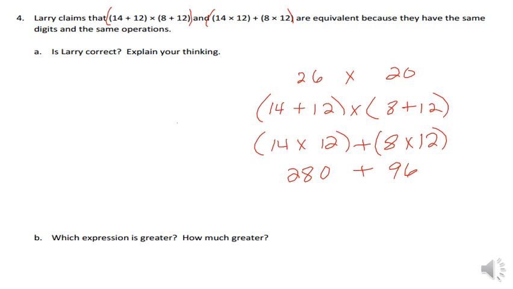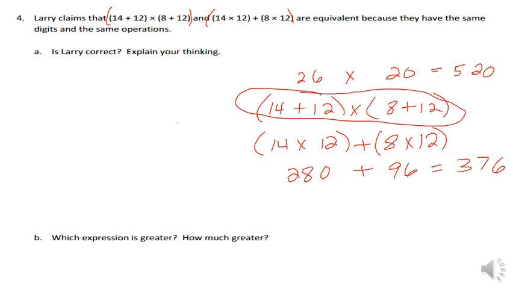So adding them together before we multiplied them gave us larger factors. So 26 times 20, 26 times 10 is going to be 260. So 26 times 20 is going to give us 520. The second one, we're going to end up with 376. So obviously, the top one